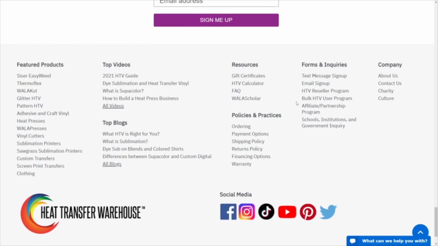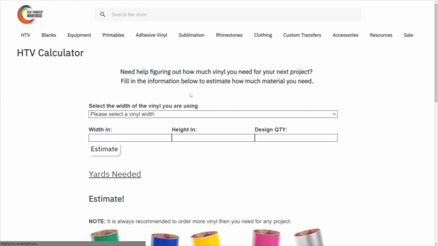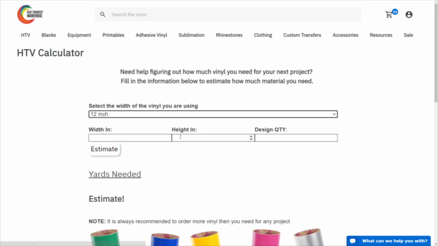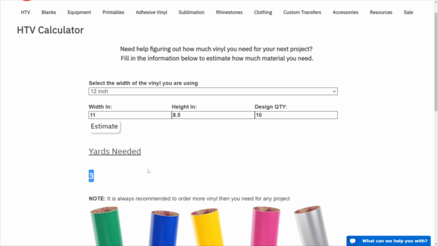Just scroll down to the footer, and under resources, you can see it there, HTV calculator. This is a super useful tool when you're trying to get an idea for how much vinyl you'll need for a job. So I'll just put in that I'm going to be using a 12-inch vinyl, and the width of my design is 11 inches, and the height of my design is 8.5 inches. And I'm doing 10 transfers in total. Then I'll just hit estimate, and it tells me that I need 3 yards of vinyl to complete this